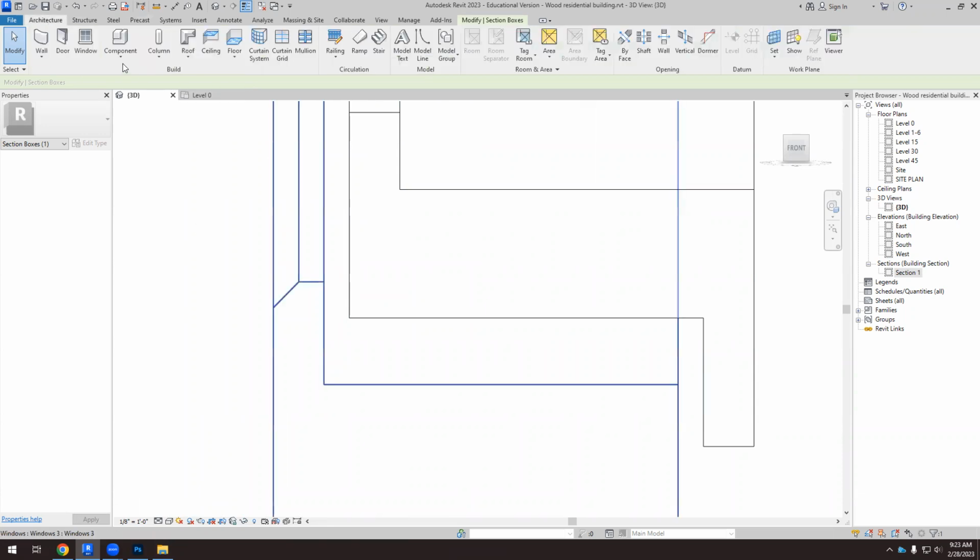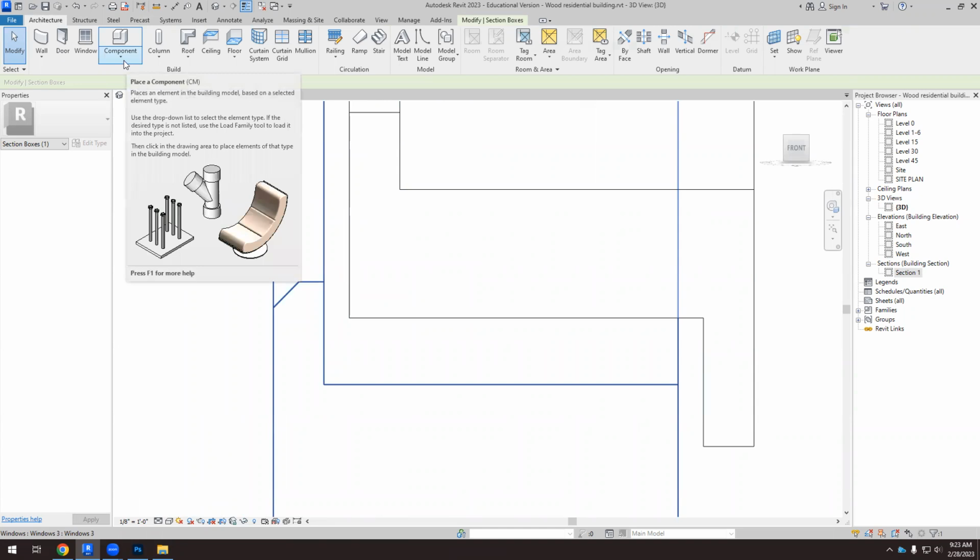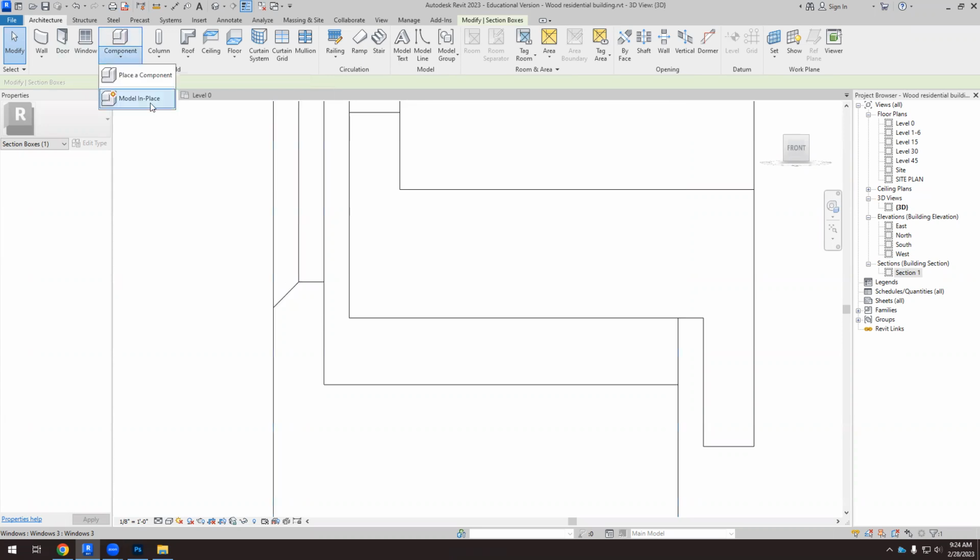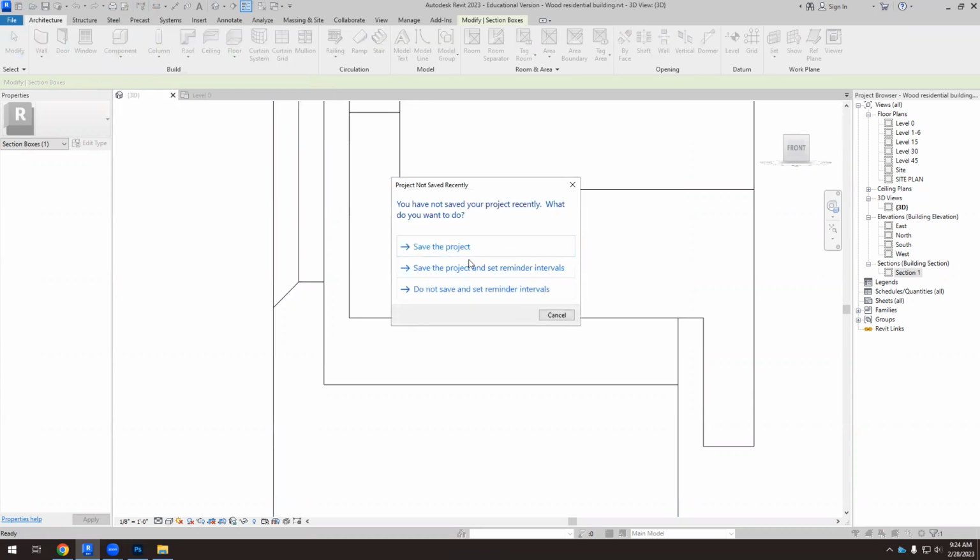So let's go to architecture. Do I need to? Let me try if I can, because this is a very simple drawing. I'm going to do just a square or a rectangle. So let me see if I can do the sweep without doing first the profile. Okay, so let's try. Component, model in place,